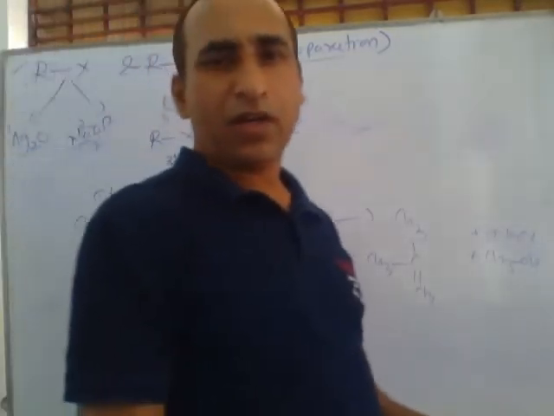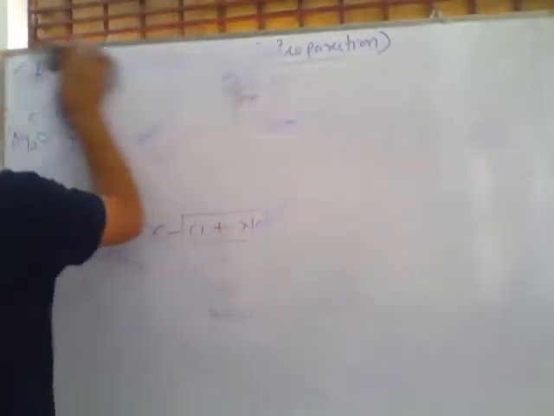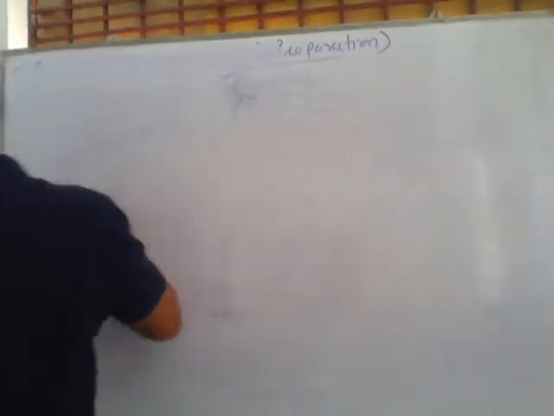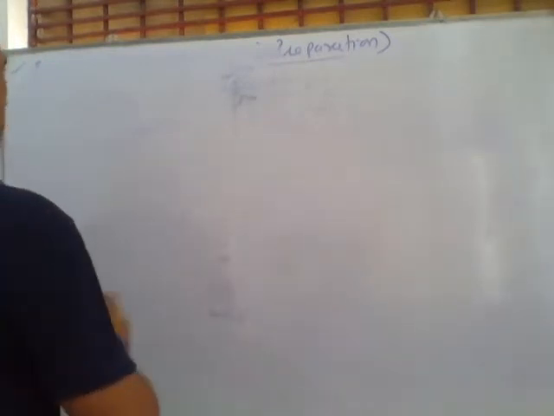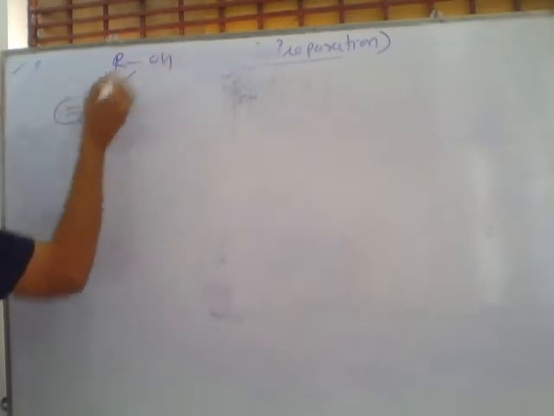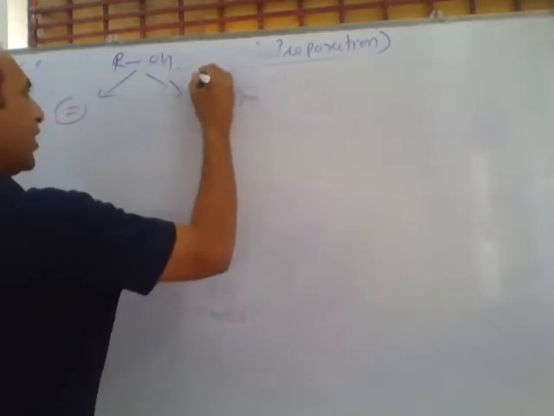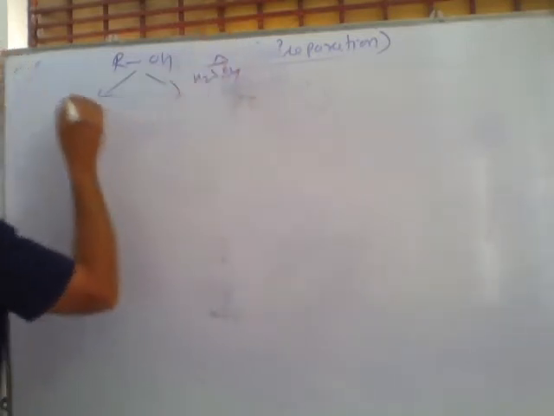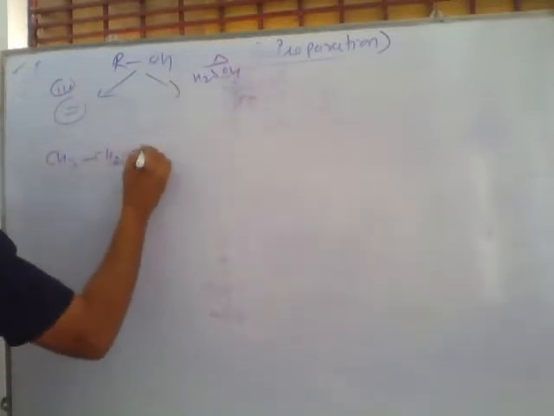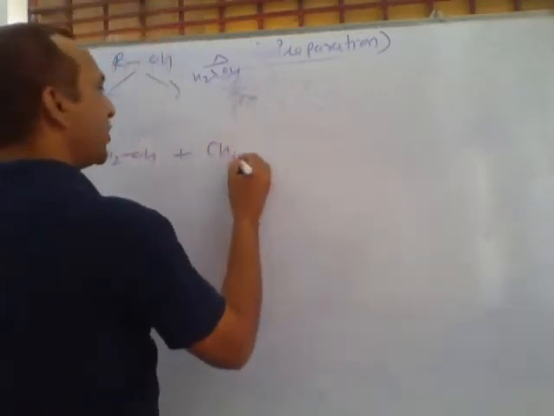How can you prepare ether from alcohol? Listen. Alcohols you know well. Alcohols are ROH, meaning ethyl or any alcohol. Alcohol can react with a double bond. Also, we can heat alcohol in the presence of concentrated sulfuric acid. So this is the third method. Suppose this is CH3CH2OH alcohol, and I am writing here an alkene. Can you write the name of this alkene?